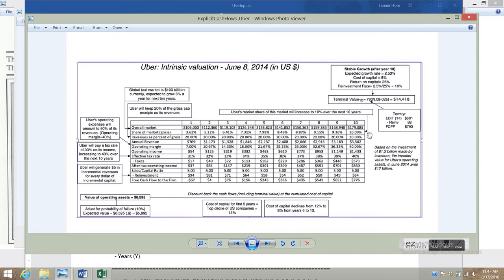So most analysts will pick so many years out. In this case, it was 10 years out. Polaris uses 5 years out, but you stop after, I'll call these explicit cash flows. You stop trying to forecast explicit cash flows after a certain time frame. And then you do a thing called terminal value calculation, where you assume some steady state